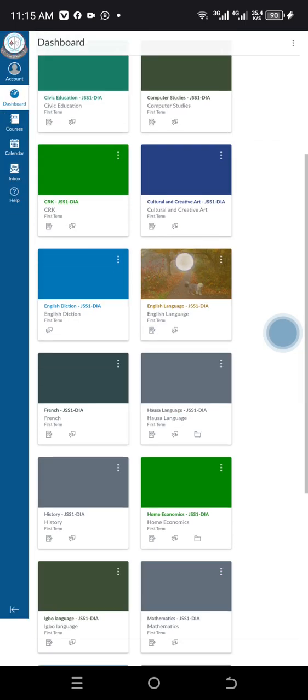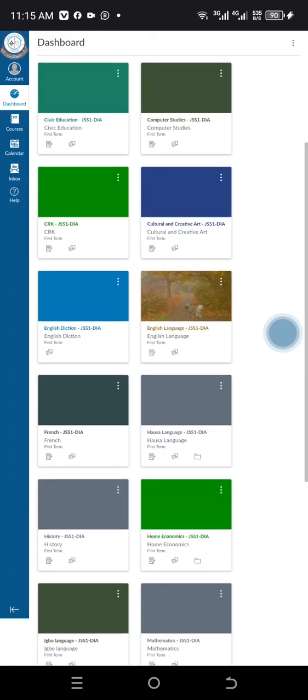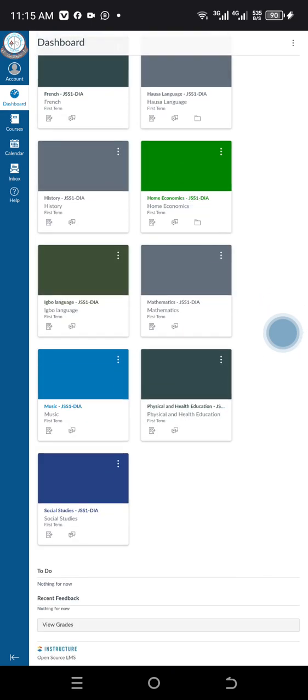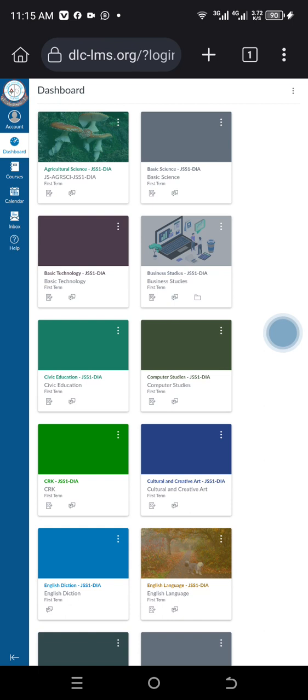So now with this, you can see this is the entire template. This is what the Divine Love College Canvas LMS looks like. So the student is expected to go to the subject he or she is supposed to take. So let's say if you want to do the holiday assignment for business studies, you click on business studies, and